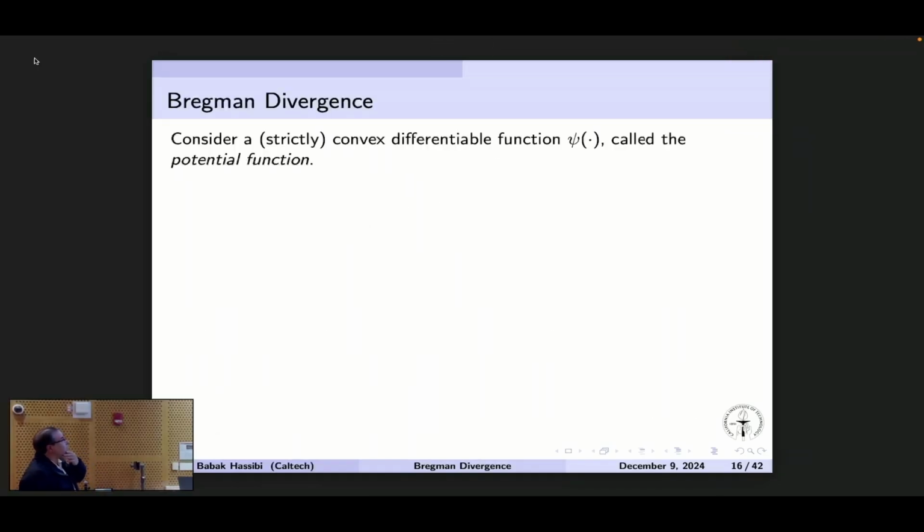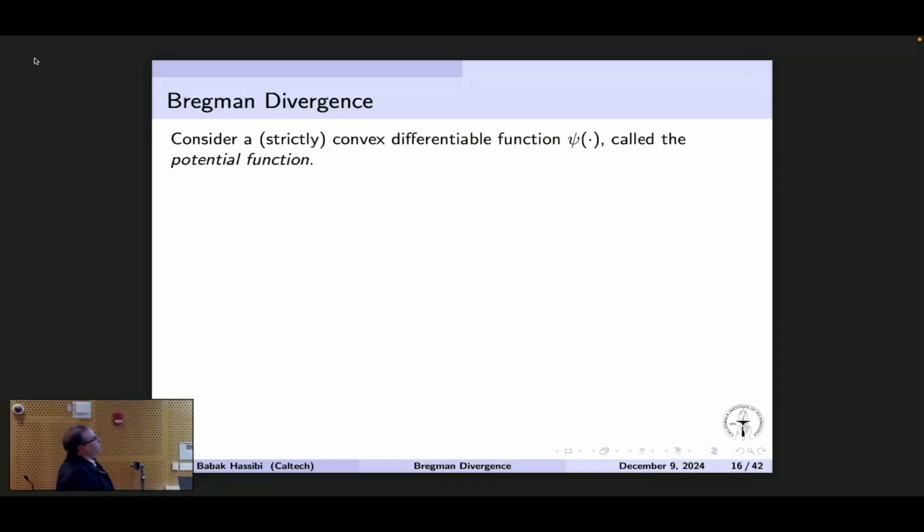So this is all introduction for me to get to this concept of Bregman divergence. Okay? So if there's one thing I want you to take away from this talk, it is that the closest thing to quadratics is Bregman divergence, and I'll show you why. So if you have things that work for quadratics and you're wondering whether they can extend to anything else, I would always try out Bregman divergence. Okay? So how does this thing work?